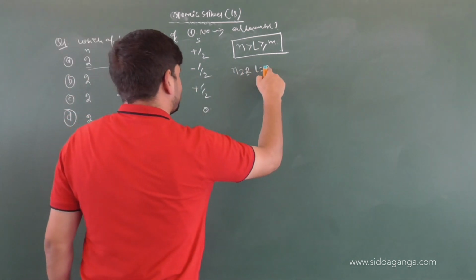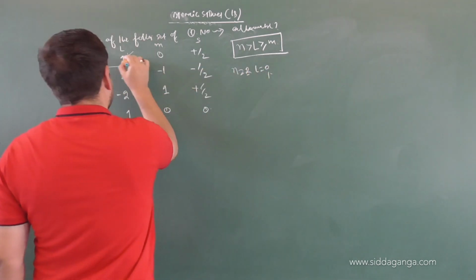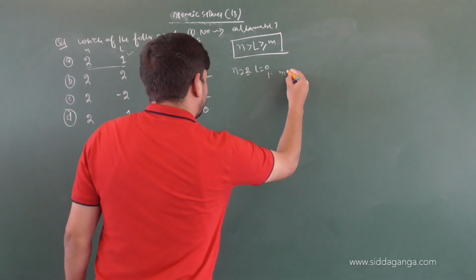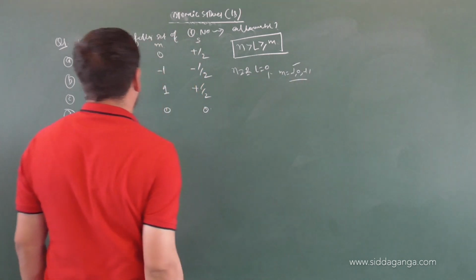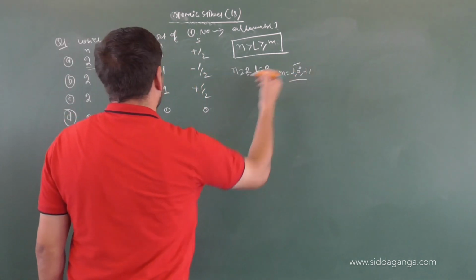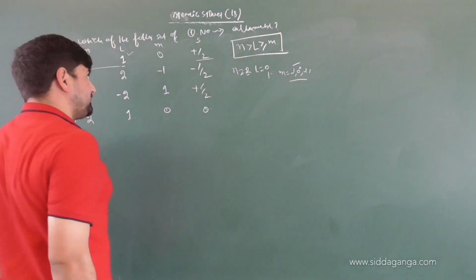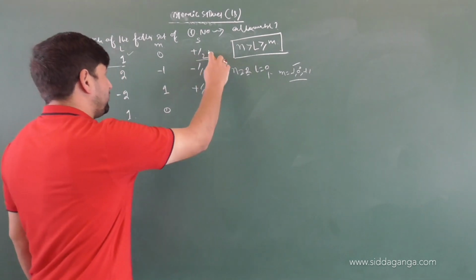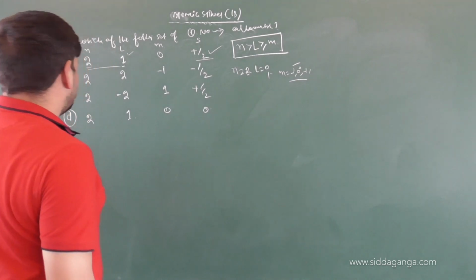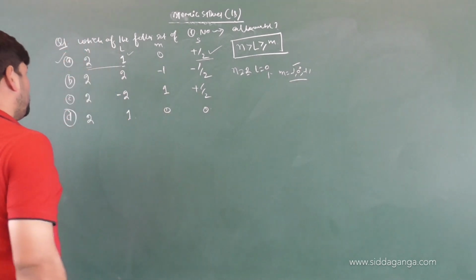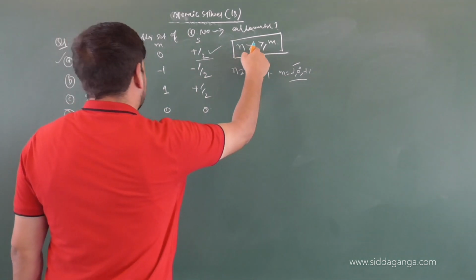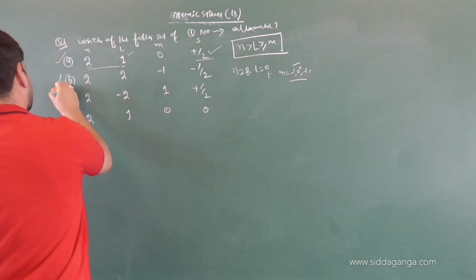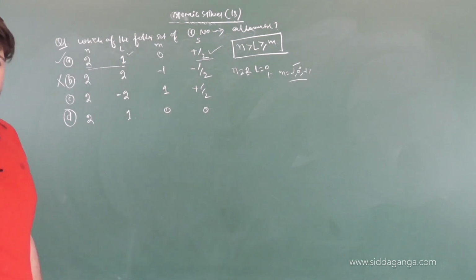Now when L is 1, M can be 0, because M values are minus 1, 0, plus 1. So it is possible for it to be 0, yes or no? And the electron will be rotating with spin plus half. Correct or not? So this is definitely allowable. This is allowed. Question 2. N value is 2. What is L also? 2. So N should be greater than L. But here N equals L. This is not allowed. Option 2 is not allowed.